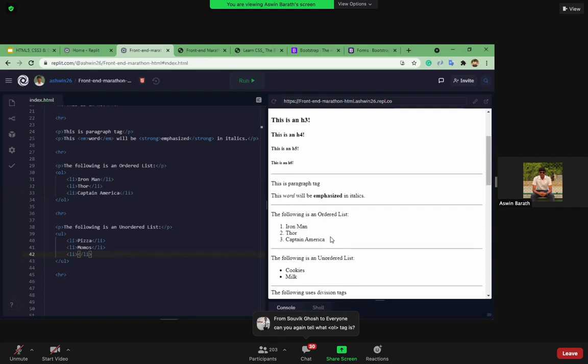So these list items should be declared inside this li tag. Li stands for list item. So this entire element is called a list item. So we use these list tags to wrap the list items as content.